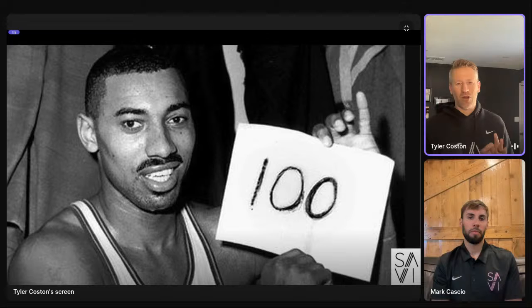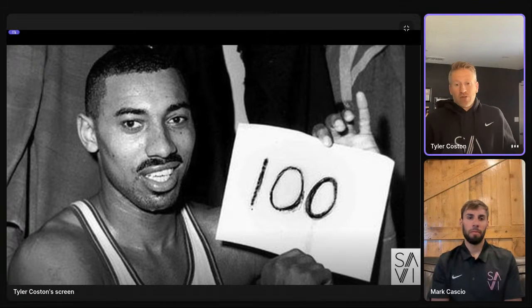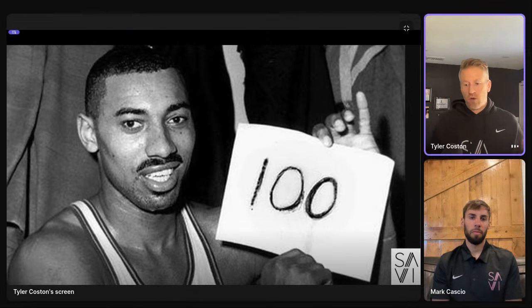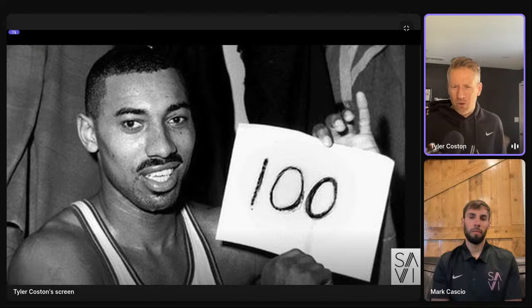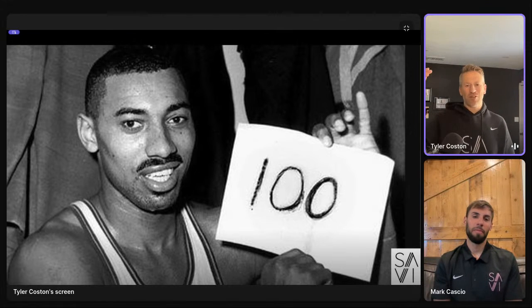And in his 100-point game, Wilt Chamberlain rolled it out to the tune of going 28 for 32 from the free throw line. His best free throw shooting game ever, dominant. It's what allowed him to set the record. The very next game, he continued to shoot underhand, scoring over 70 points. I believe it was 72 points. You can check me on Wikipedia. And if not, just edit Wikipedia and make what I'm saying correct. To the tune of 72 points, shooting over 85% from the free throw line.